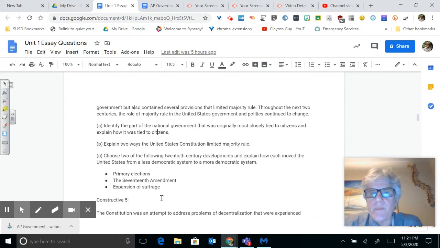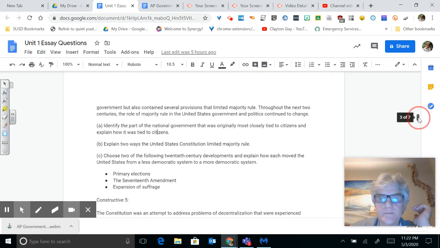Expansion of suffrage came from the removal of the property requirement, the 15th Amendment allowing African Americans to vote, the 19th Amendment allowing women, the 26th Amendment allowing those 18 years or older, so younger people could vote, the amendment that allowed Washington, D.C. to vote, and the amendment that got rid of the poll tax. All of these things made the system more democratic and made more people get involved. The electorate has grown. The number of people allowed to vote has grown. And it's not just white males voting, it's women, blacks, Hispanics, and it's made it more democratic from less democratic.